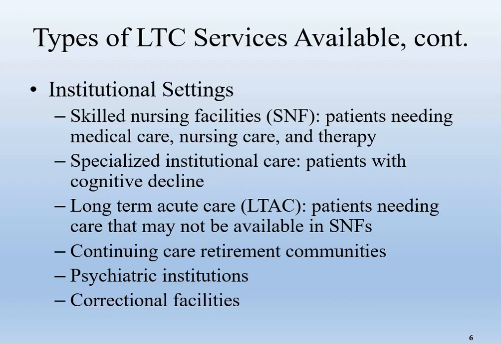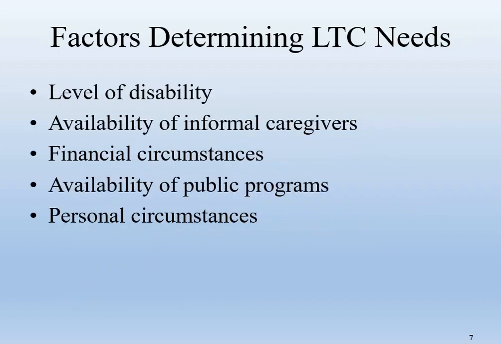Continuing care retirement communities, psychiatric institutions, and also even in prisons, they have these long-term care facilities. Factors determining long-term care needs include level of disability, like those changes in instrumental activities of daily living and activities of daily living,